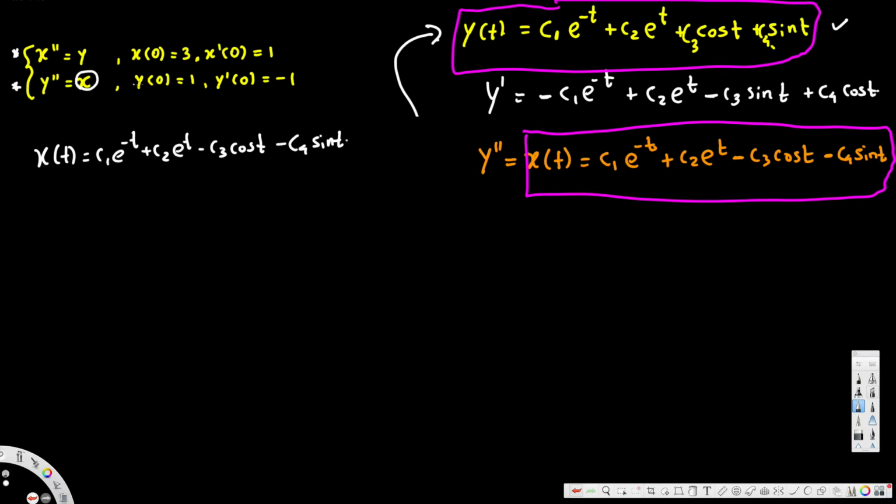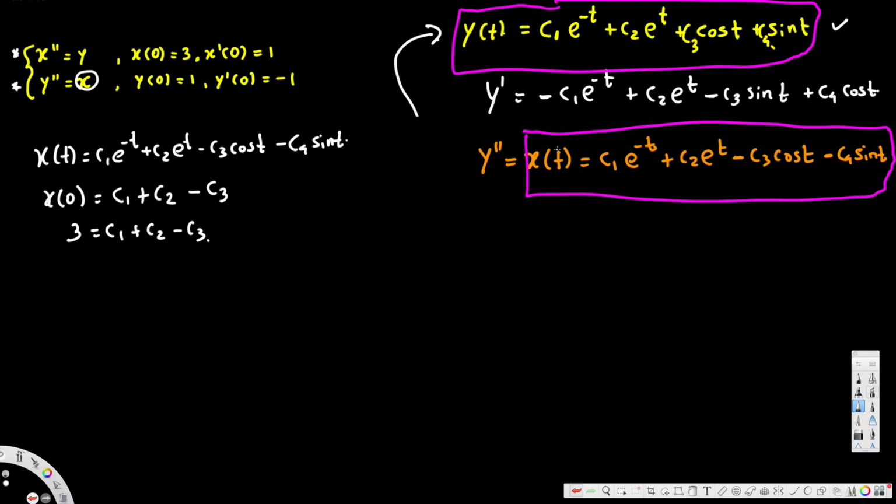Okay, now we know that when the time is 0, this is equal to 3. So if we put x of 0 and plug 0 for all the t values, this is going to be just c1, and this one becomes c2 because e power 0 is just 1, and cos 0 is also 1, so minus c3, sin 0 is 0, so the whole thing will become 0, so we can neglect this. And we know that x of 0 is 3, so 3 is equal to c1 plus c2 minus c3,